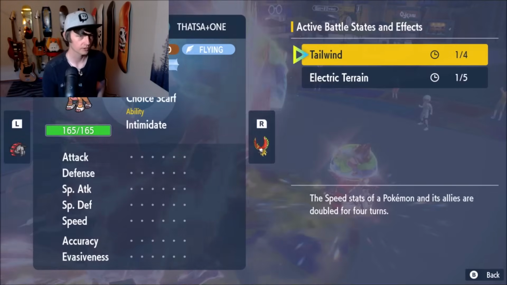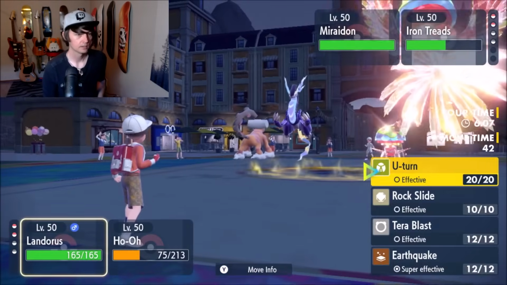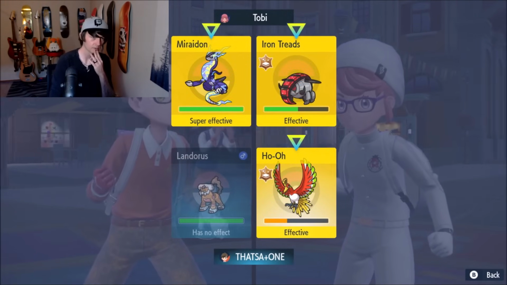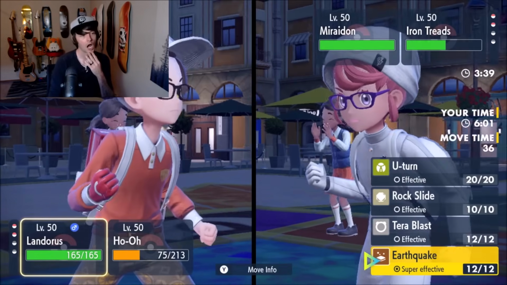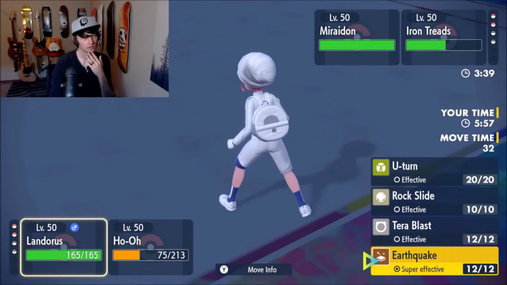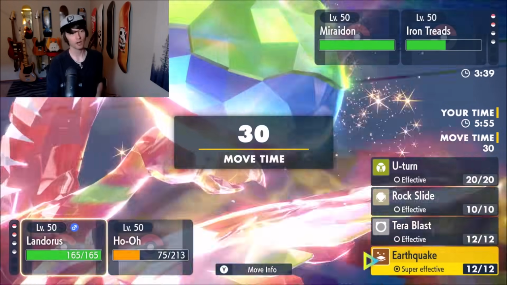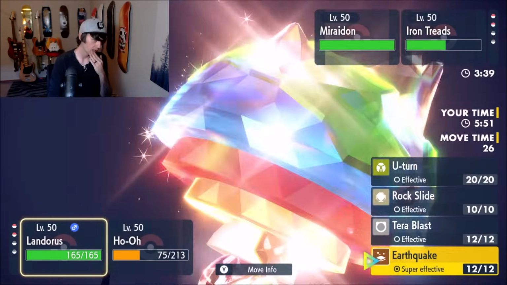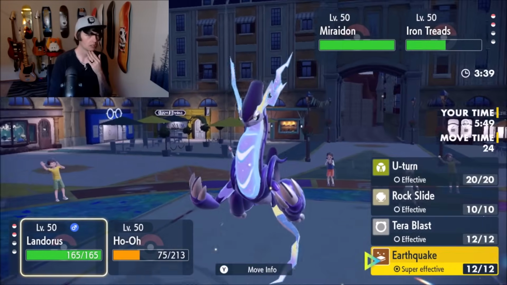How many turns are there on terrain? One? Yeah, we're cooking. Maybe it's the right idea to Rock Slide, because Landorus does outspeed Treads. Rock Slide EQ would just win the game if I flinched. But then I lock in a Rock Slide versus Miraidon, which is bad. I think they're Dracoing the Landorus. And I think they're going for...